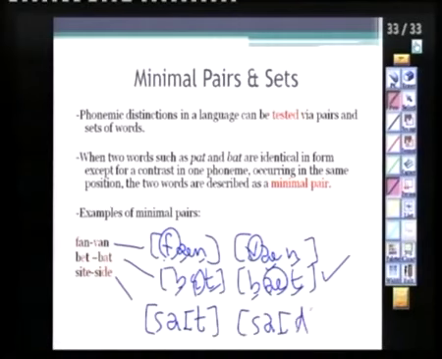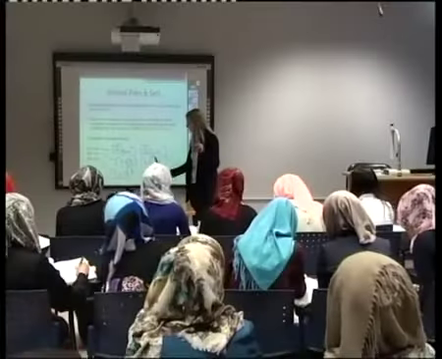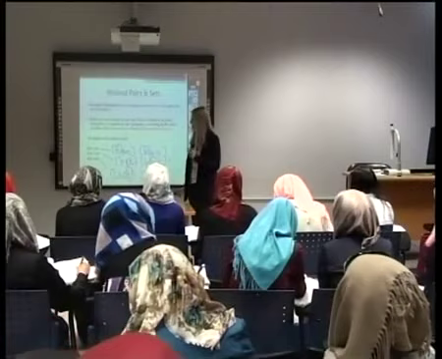Let's look at this. So they have a /s/ sound, /s/ sound. They have a diphthong /aɪ/, the diphthong /aɪ/ in here, except for one sound. Remember, in the same position. So it's final, final. Okay? They have one sound that is different, so it is a minimal pair.